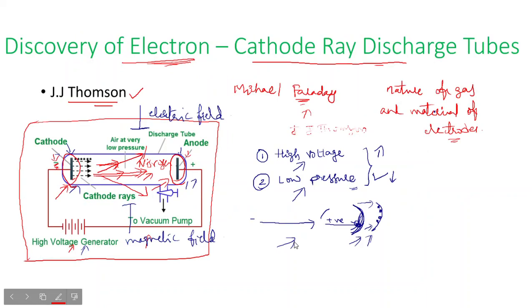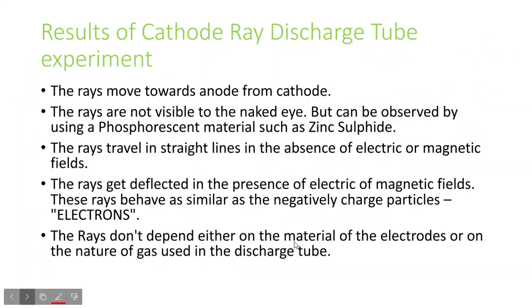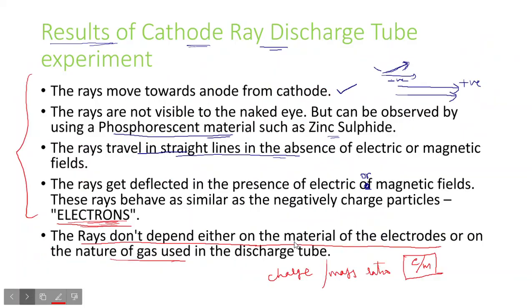And we have learned the discovery of the electron, how Thomson used his cathode ray discharge tube experiment to discover the electron, and also the results of his cathode ray discharge tube. And these are also the properties of